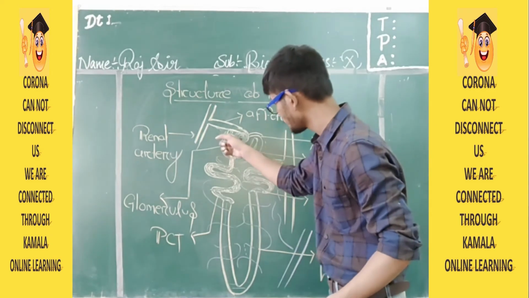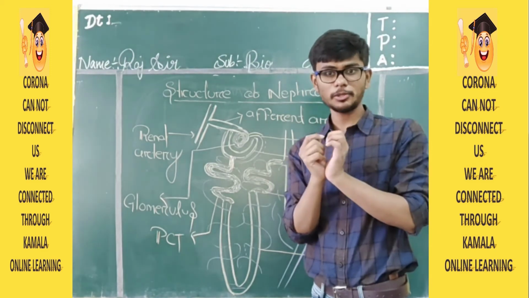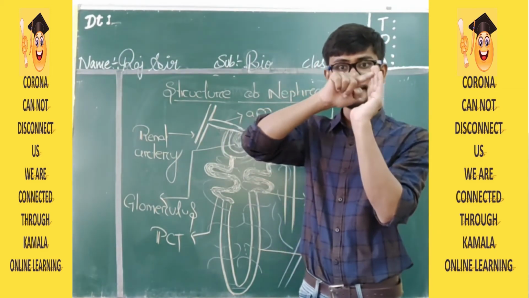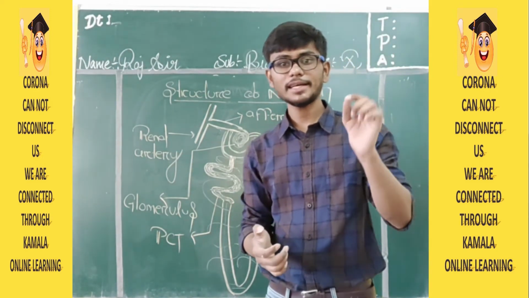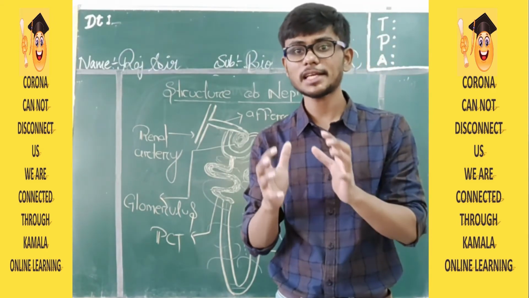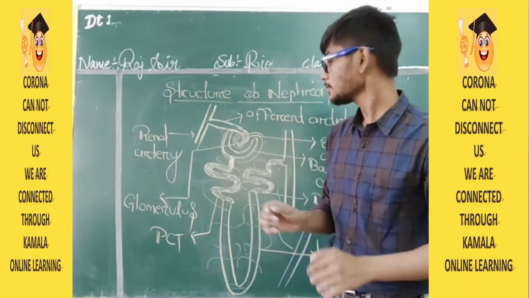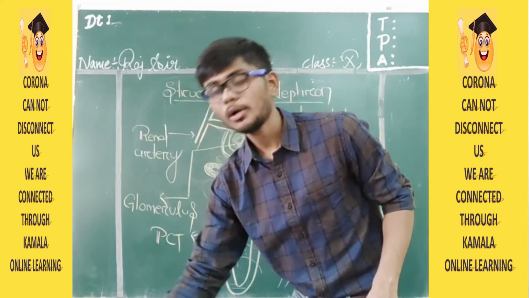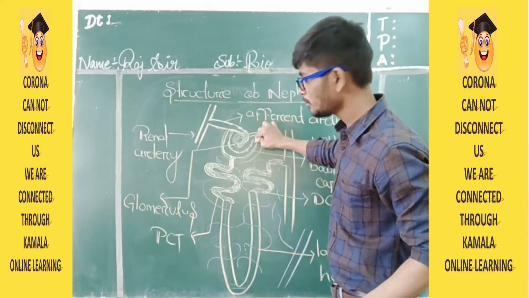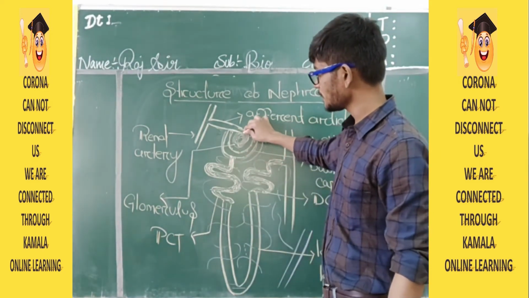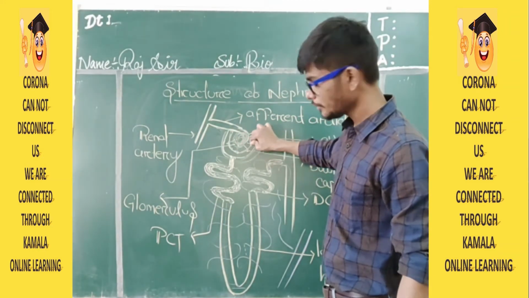Okay. Now let us talk about this Bowman's capsule. You can see it is like this. This Bowman's capsule is accommodating one single glomerulus. The upper layer of the Bowman's capsule is made of squamous epithelial cells. In your 9th class, you might have read in the tissue chapter about squamous epithelial cells, which are a little bit fat and a little bit spongy. And these squamous epithelial cells have certain dots, means holes, over there. Whatever is pressurized and coming outside will easily travel through this number of holes.